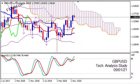Hi, this is GBPUSD and today it's Saturday, 9th of January 2021. I'm Sophia S and this is a technical analysis study on the pair using Ichimoku Kinko-Hyo, Bollinger Bands, fractals and